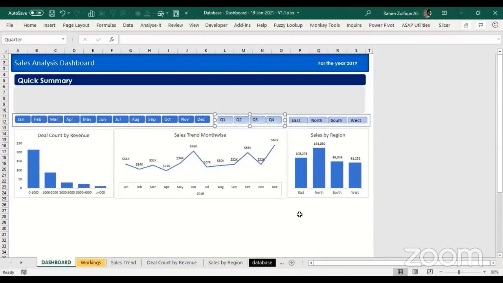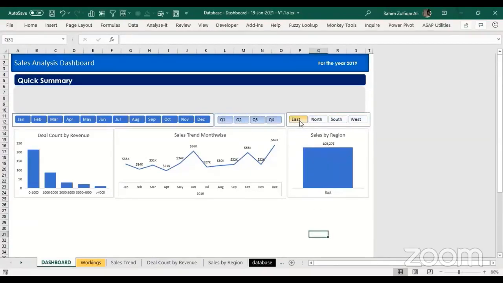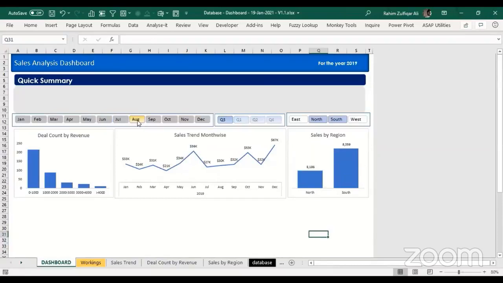Okay, now let's say if I click on any of the regions here, for example East, you can see that only one visual is changing, right? And if I click on any of the months, only this particular visual is changing because we have not connected the slicer with every pivot table. Now for doing that, it's very easy. What we can do is